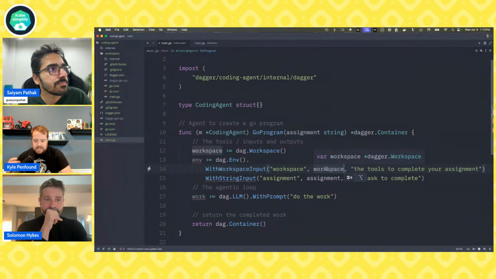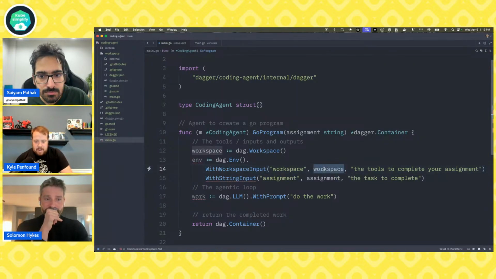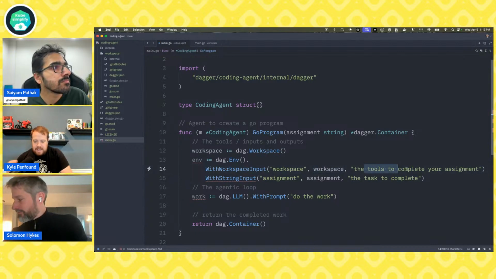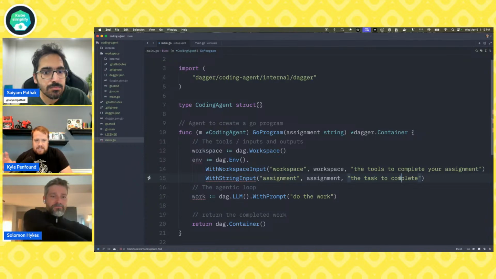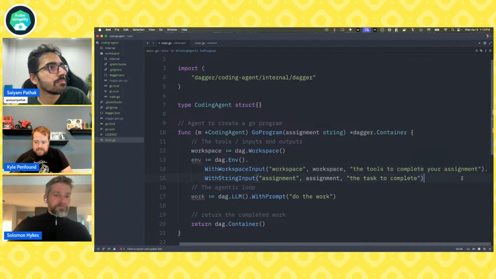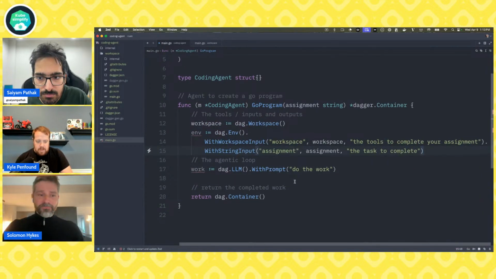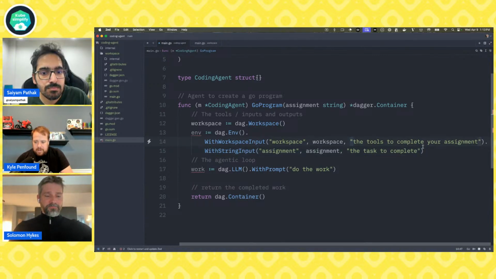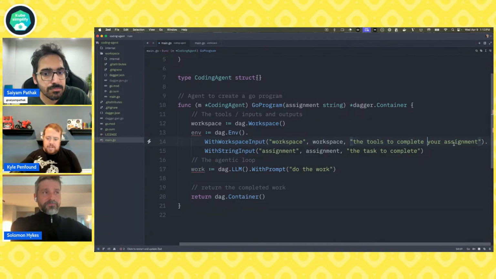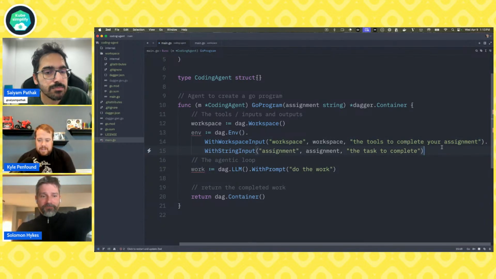Now when the LLM sees all of these things in its environment, it can say, okay, based on my information, I think this contains all the tools I need to do this thing. So we've kind of hinted at what these inputs and outputs mean. But the cool thing is, this is not just a big blob of markdown that lives somewhere. This is actually in our code in a way that's really readable, just like your code comments are meant to be, right? What the heck is this input? Oh, okay, it's the tools. So anyway, enough rambling. Let's say one more thing.